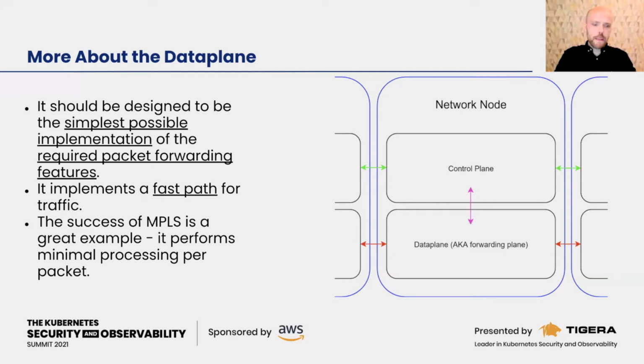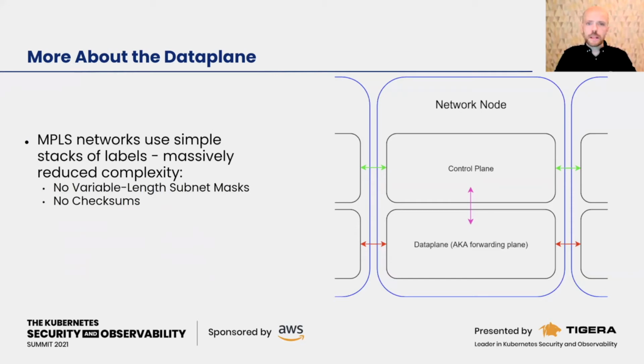One good example is MPLS. MPLS has become extremely successful in service provider networks, and that's because it's a perfect match of technology and implementation. Its job is to forward traffic fast, and so it was designed to perform minimal packet processing on each packet. MPLS networks simply use a stack of labels, and they reduce the complexity of IP forwarding by getting rid of